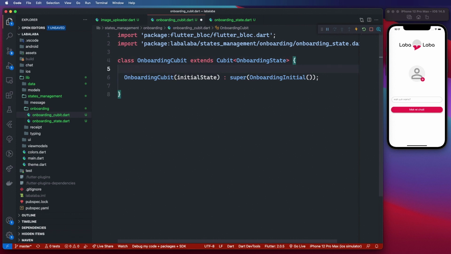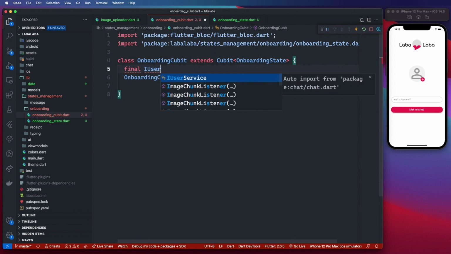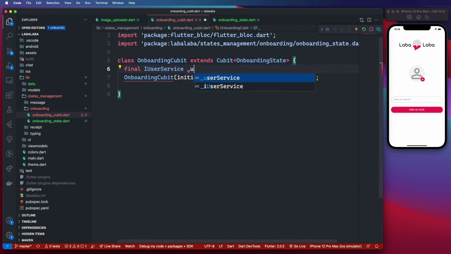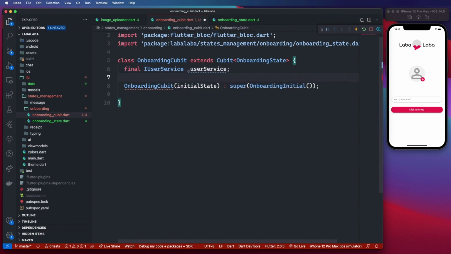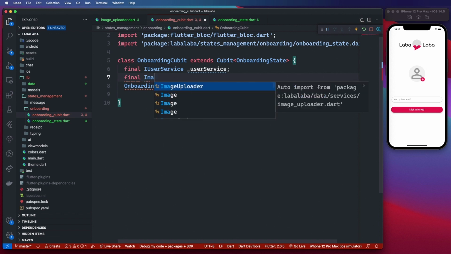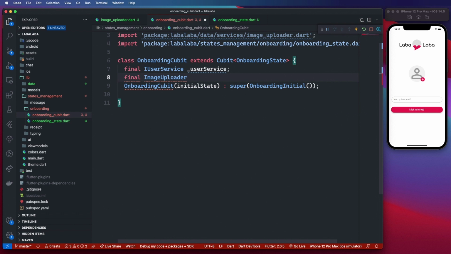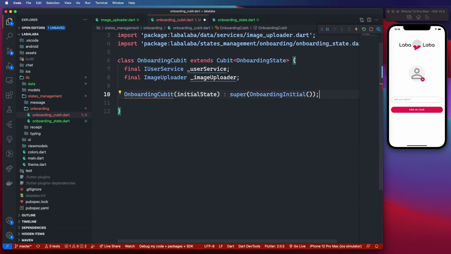So for our dependencies, we want the user service and also the image uploader service, the image uploader. Let's go ahead and inject those into our constructors. So user service,